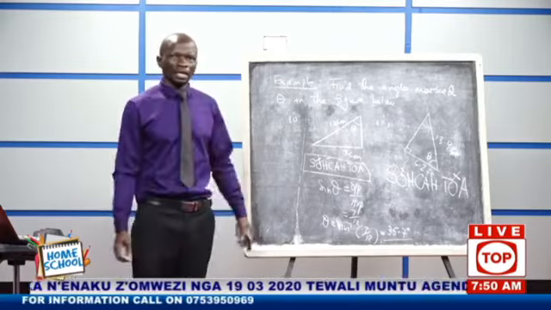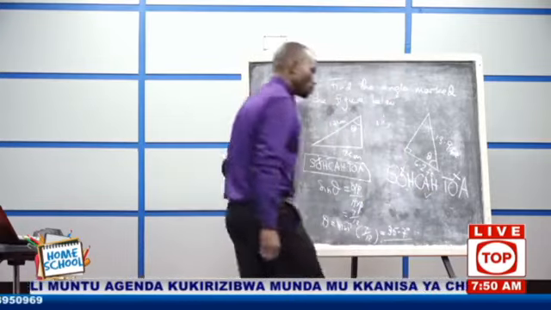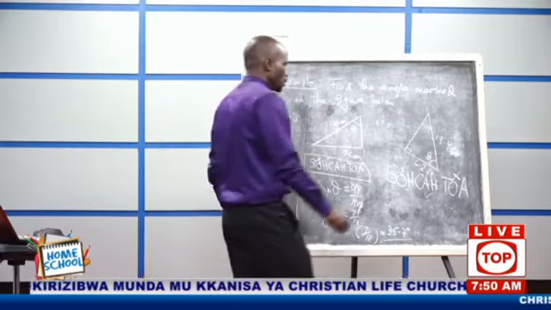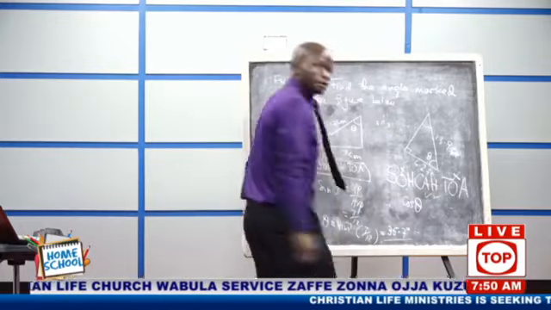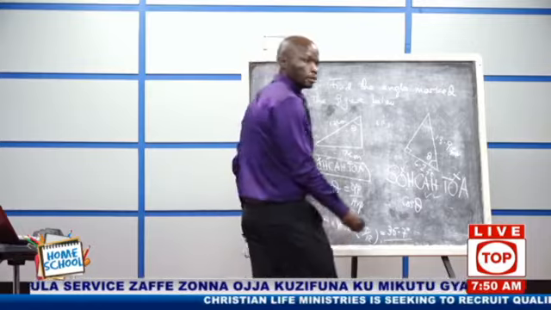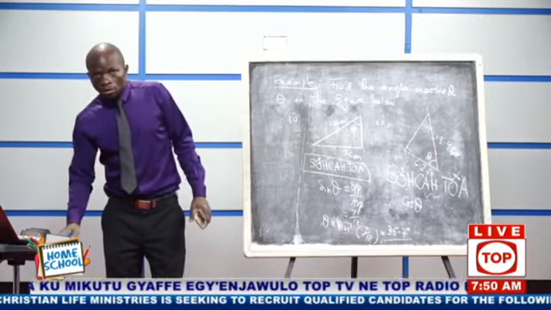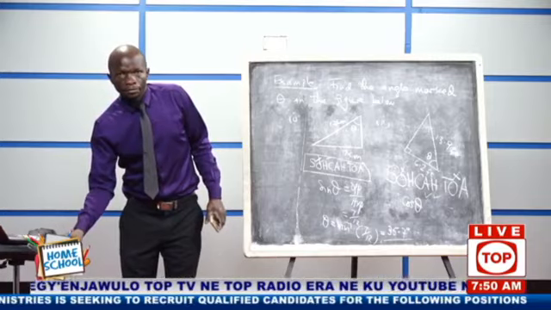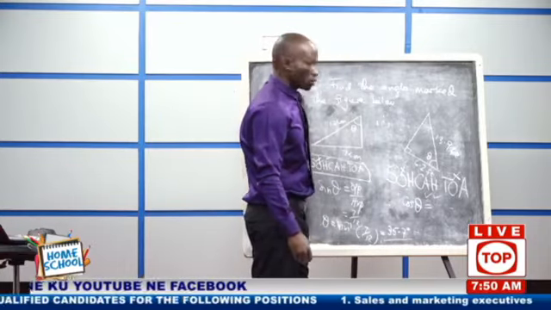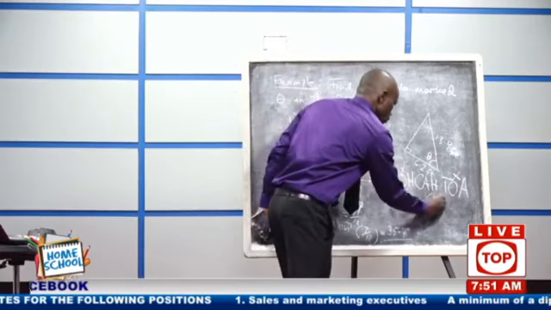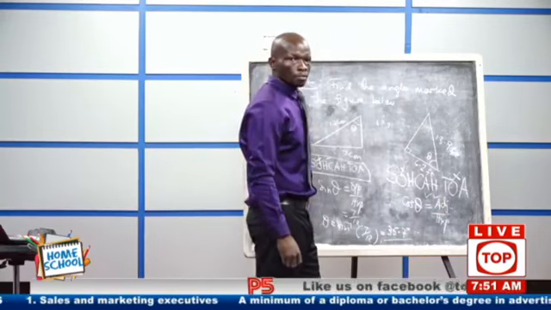Let me try to think about the cosine. Is the adjacent there? Yes, the adjacent exists. Is the hypotenuse there? Yes, the hypotenuse exists. So I will then say that the cosine of theta is equal to the adjacent over the hypotenuse, and my adjacent is